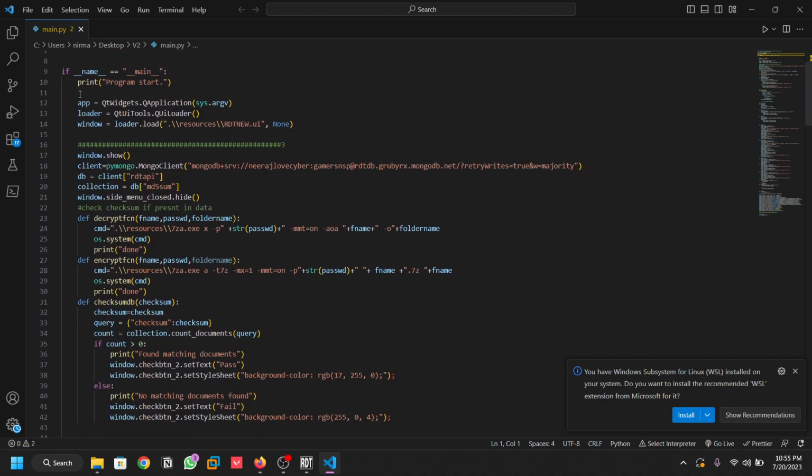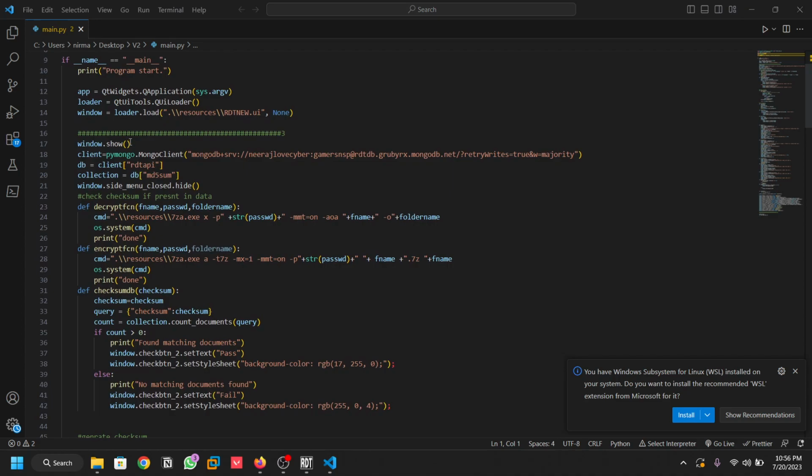In this first main function, we are generating our UI, and the window show is to show the UI for the first time. In this line we are connecting to our MongoDB server,